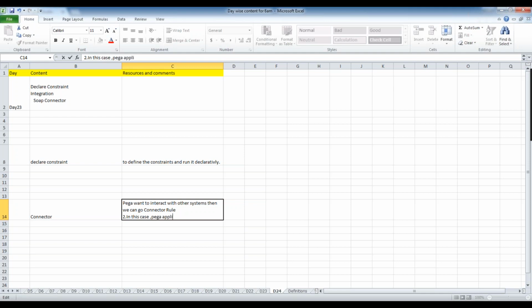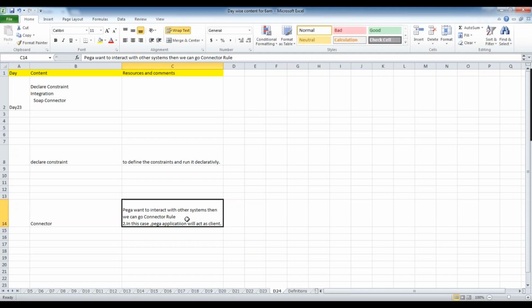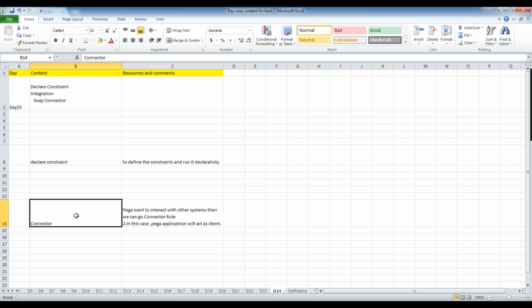When I say Pega, it is a Pega application. Pega is sending a request, and some other application is giving the response. In those scenarios, you can go for a connector rule.